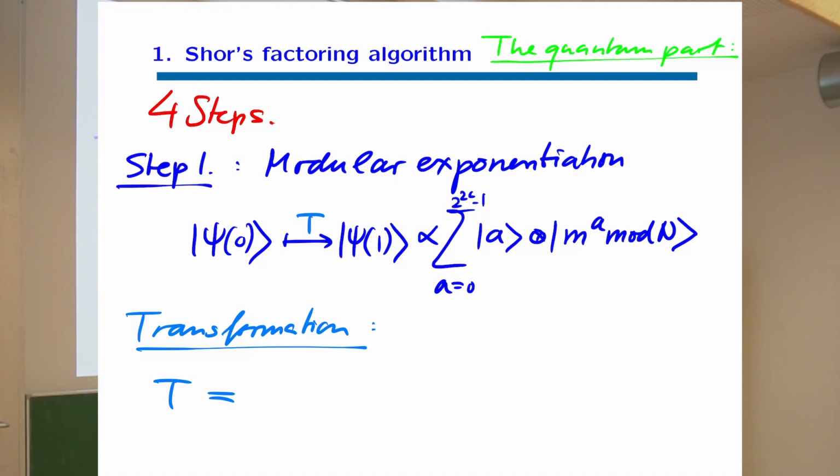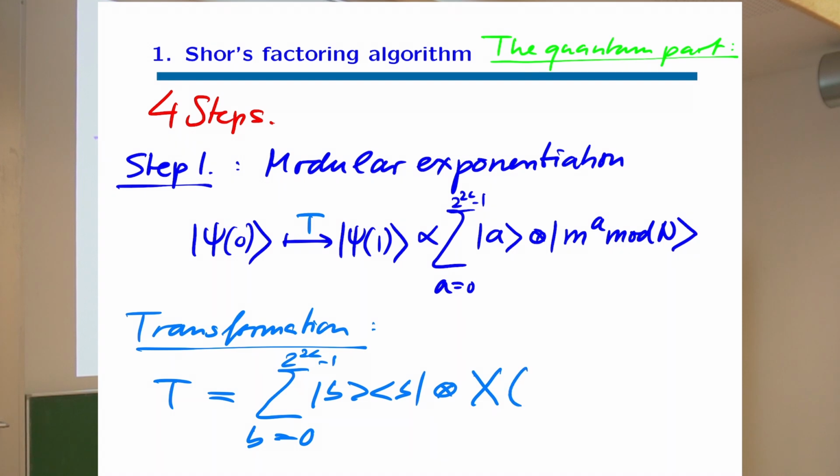And so what we are doing is we apply the transformation. How do I write this? So this is the sum over all A, let's write it as A over all A. It's not good in notation, so let's write it like this. B goes from 0 to 2 to the 2L minus 1, tensor X. So this is a spin flip of